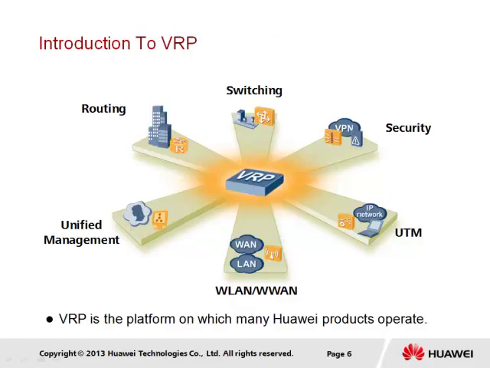The management of Huawei products, including routing and switching products, is based on the Versatile Routing Platform, or VRP. This is a uniform command line interface, or CLI-based operating system, that is applied across the range of Huawei CLI managed products. Familiarity with the navigation and configuration of this operating system is required not only to support the configuration of routing and switching products, but a large number of other products, including wireless products,